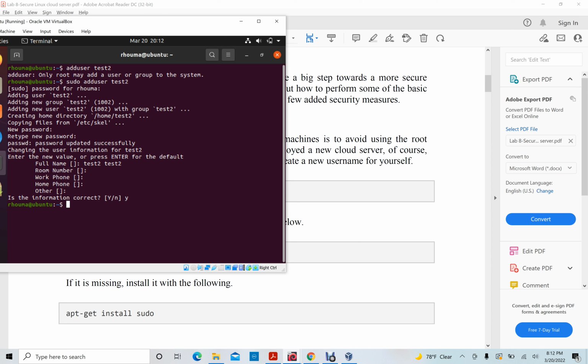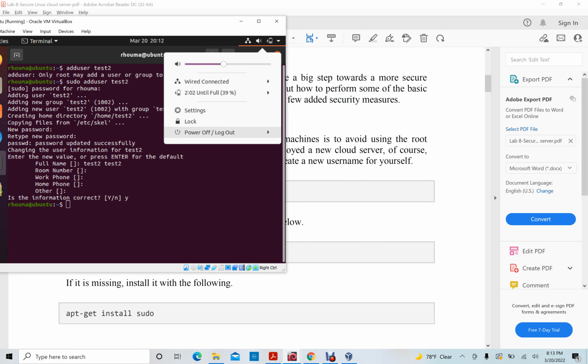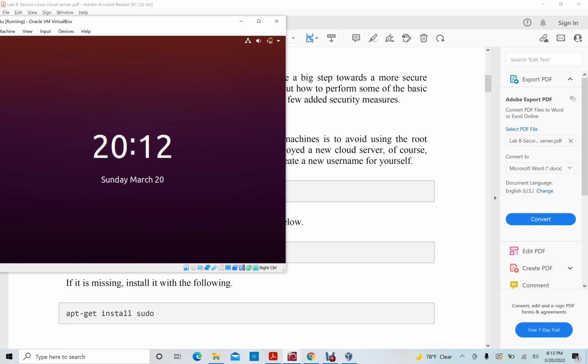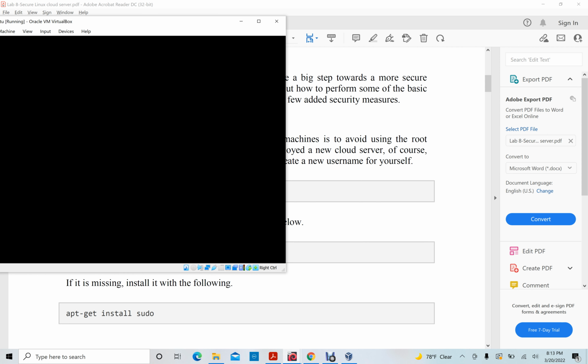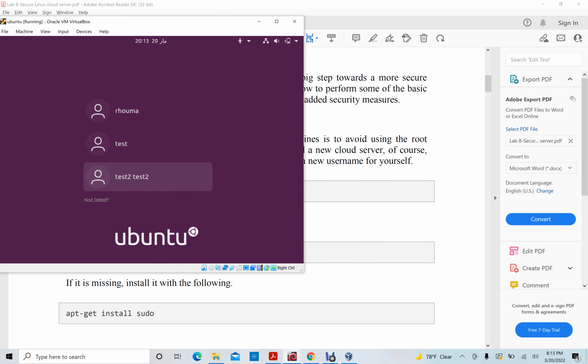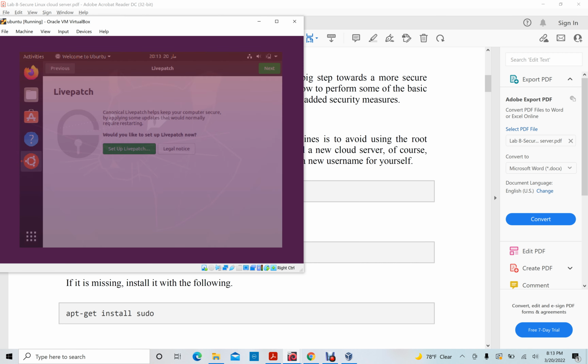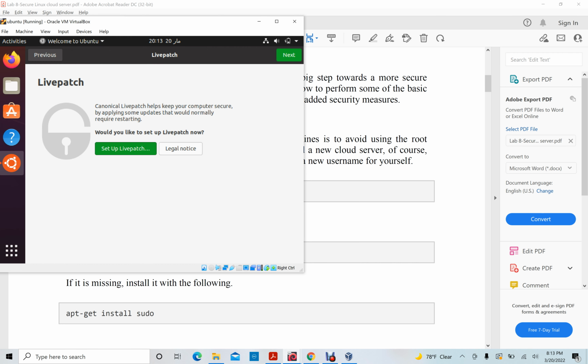If you want to verify that I added a user, named test2, I'll switch to the user. See here, test2, the full name of my user. You can enter this new account. I give it a simple password, just the letter A, to be able to go fast. So this is the new profile of user